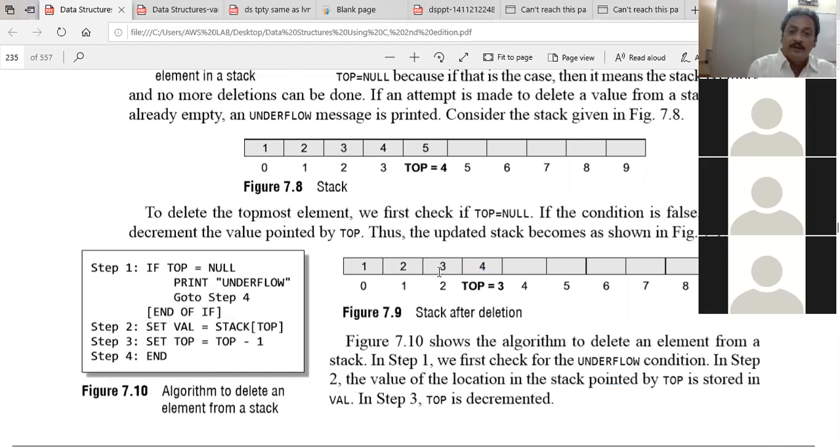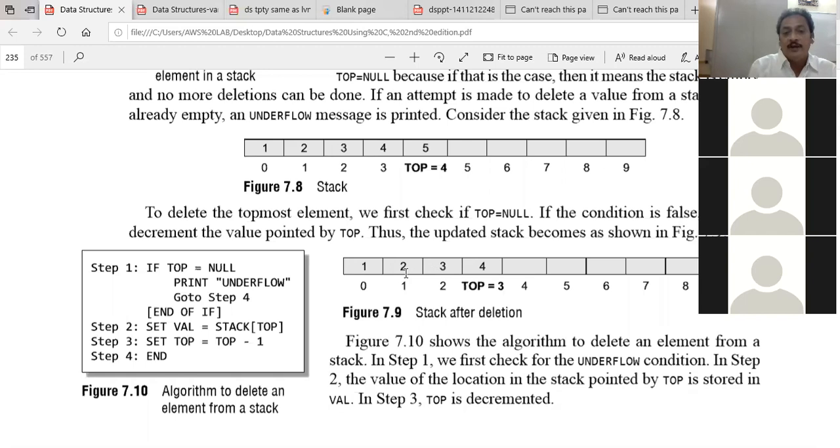Now top is decremented by 1 position. Now who is top here? Once the pop operation is performed on 4, who becomes the top? What is the topmost element? 3, sir. Once you perform one more pop operation, what is the topmost element? 2, sir.